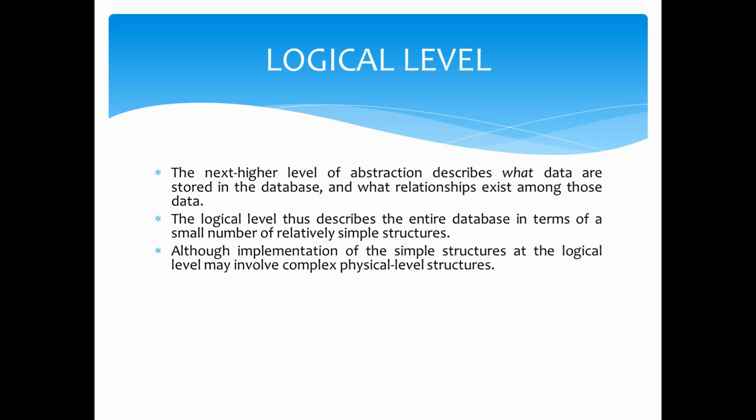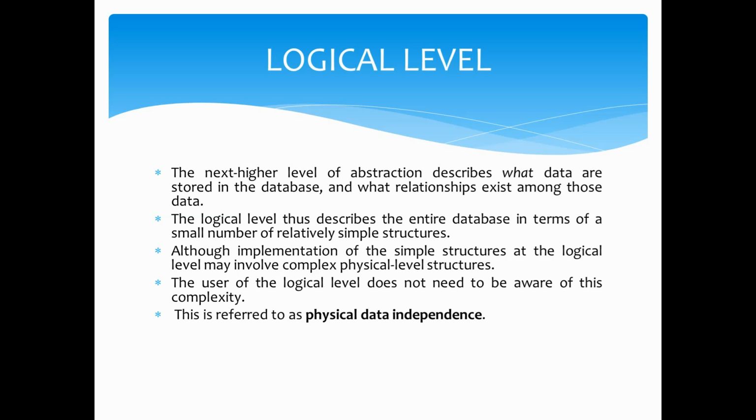So this logical level may sometimes be in a very simple form, or it can also be in a complex form. Whatever it is, these data are hidden from the user. So the user does not know how many rows are there in the table, how many columns are substituted in the particular table, etc. All these are hidden from the end users. Now this we call physical data independence. So this is the second level of abstraction, that is the logical level.